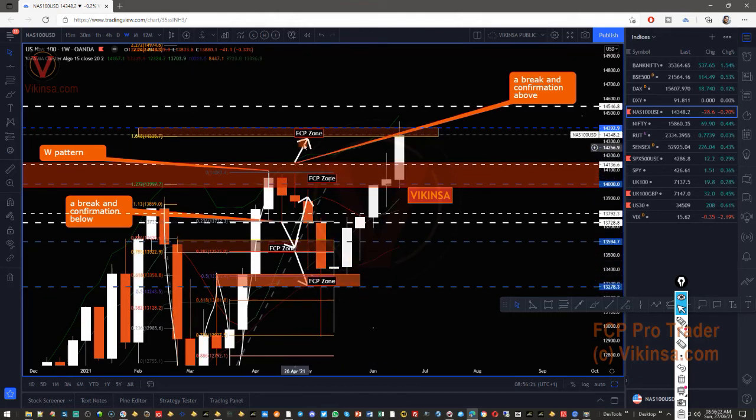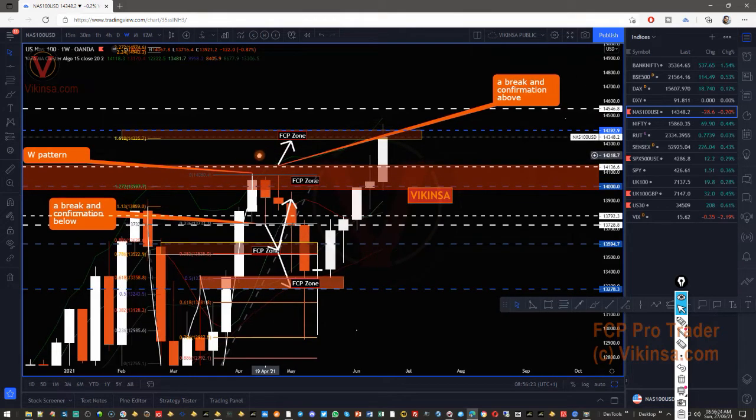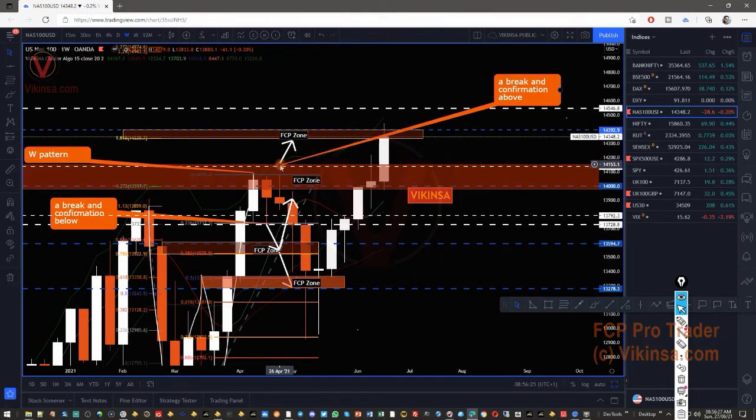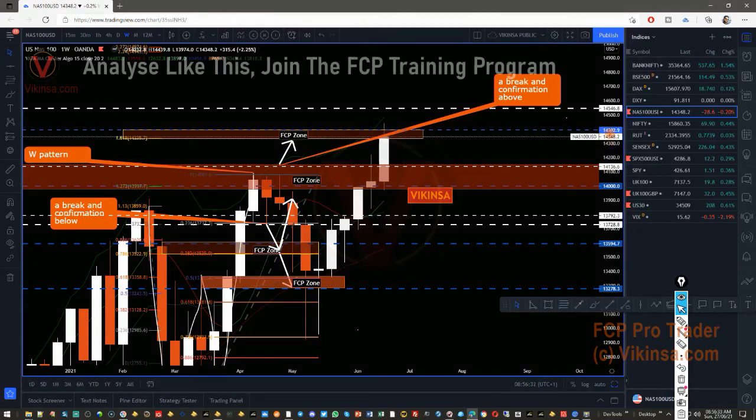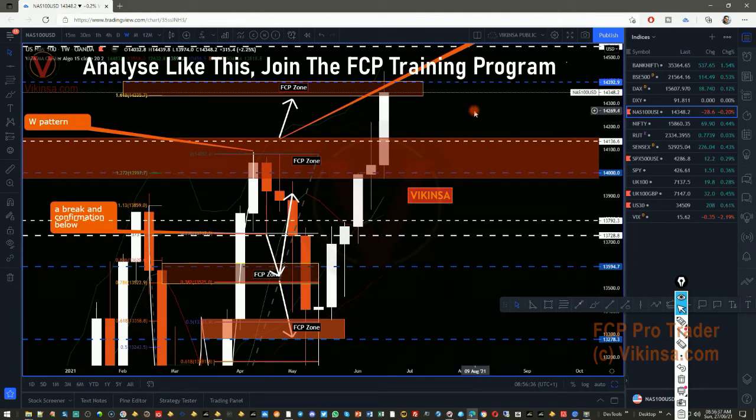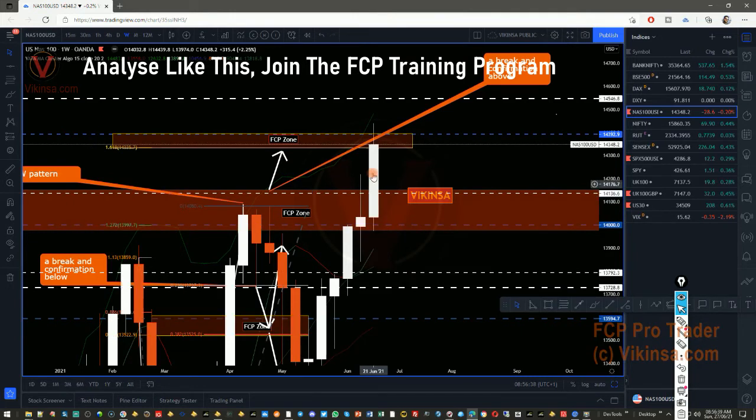and then started to go higher. And this was part of the plan, which we made a few months ago, I think, that if we get a confirmation above this, then we are looking for the next FCP zone around 14,392. This is where the market is right now, and some of us were able to take this long position